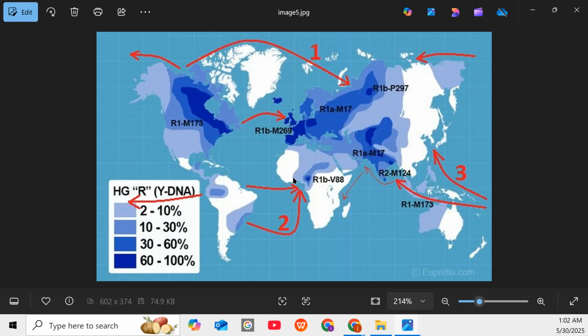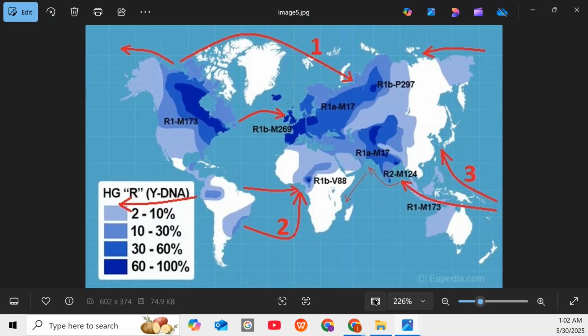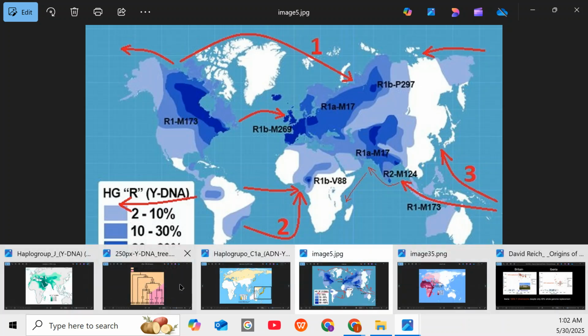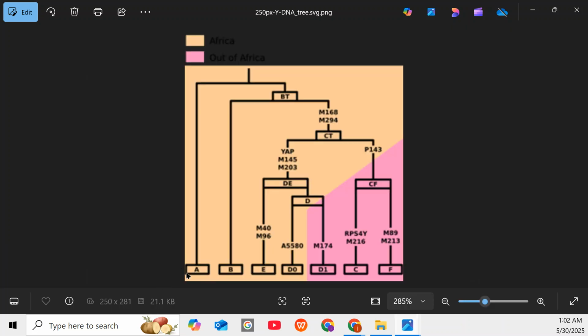And this area with R is larger and will involve much more people than the haplogroup A, the so-called first African haplogroup from which we supposedly all descend. So what you will see in a few videos most probably will be shocking for you. Okay,